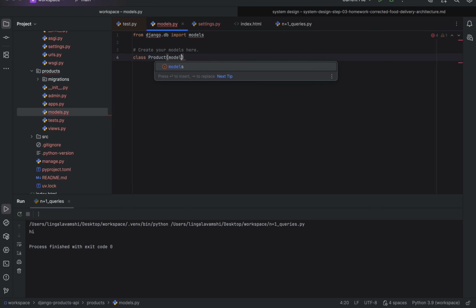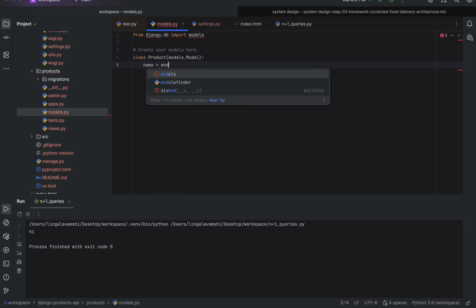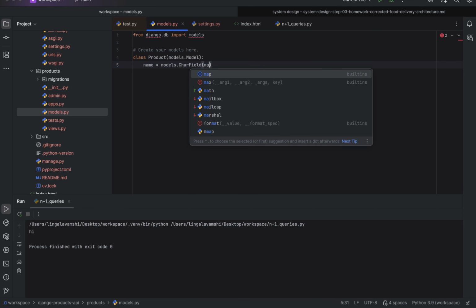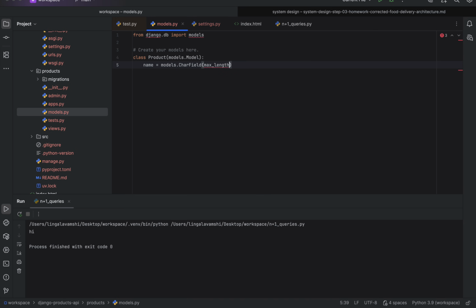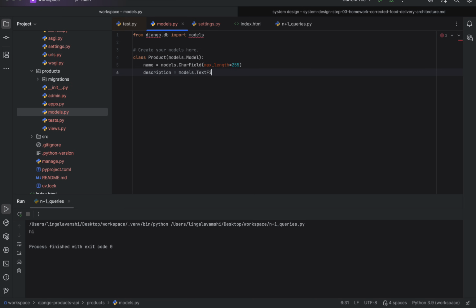So what we have to do, this you have to kind of remember; when you're writing more and more, you'll remember this. So models.Model has to be passed. Let's take some typing. So models dot, name is a CharField, right? So let's take CharField and let's add max_length equal to 255. Cool. And let's add description as well. So models.TextField,